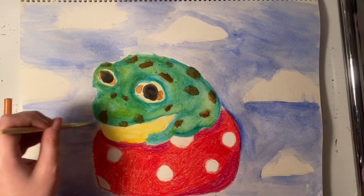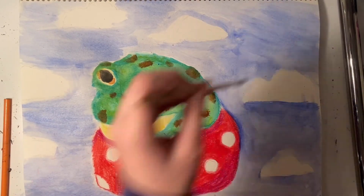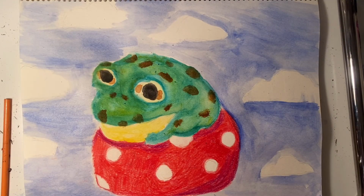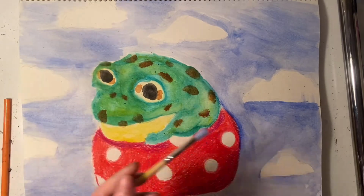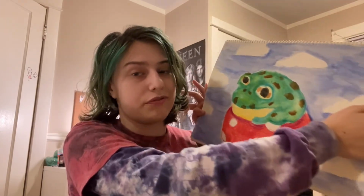Alright guys, I'm almost done finishing this, and I'll get back to you guys when I'm all the way done. I'm just fixing up details, making sure everything looks right, and then I'll get to you guys when I'm completely finished. Alright guys, I have finally finished. I know it looks about the same as before, but I did just do a few finishing touches, so it's bound to. But now it's time for the final man to judge us, which is